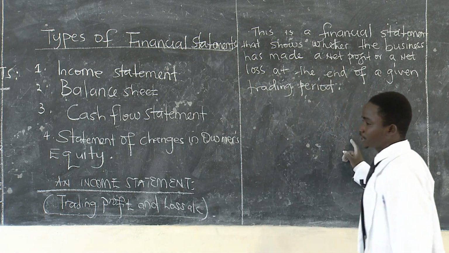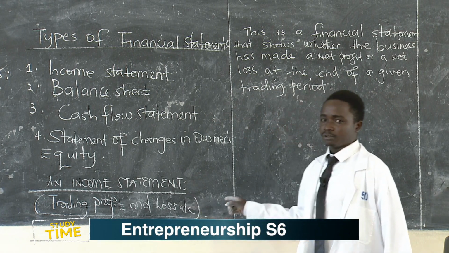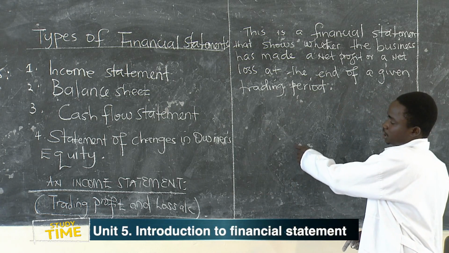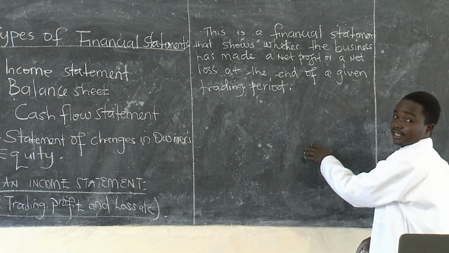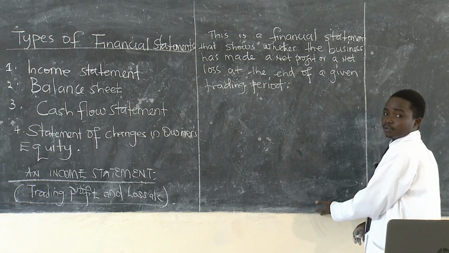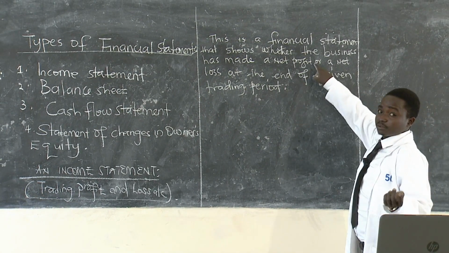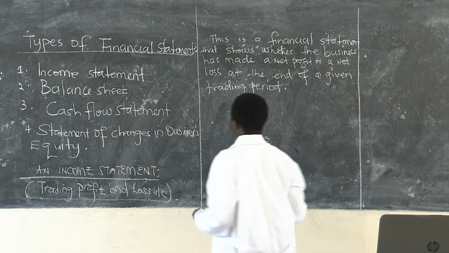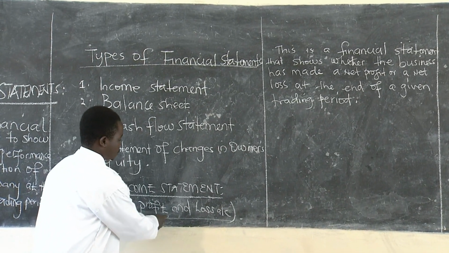As I have told you, the income statement entails two: the trading account and the profit and loss account. Finally, the last element that we shall see in an income statement will be either the net profit or the net loss, the profit for the year that has been made by the business. That is a net profit if the business has made a profit, or a net loss when it has incurred a loss.